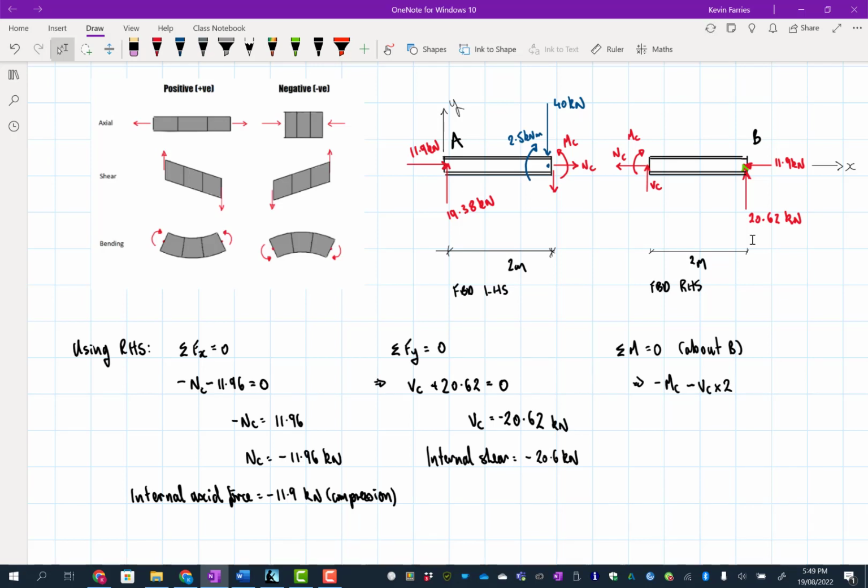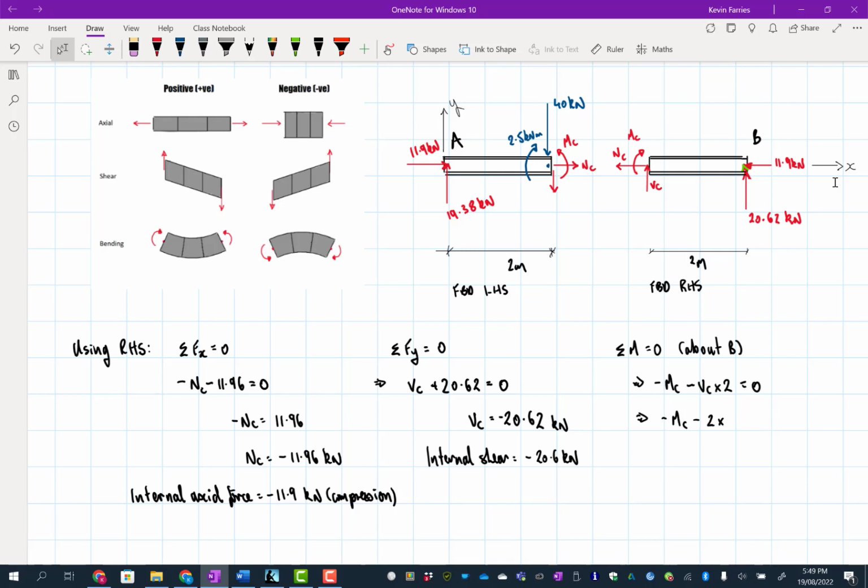We know VC, we do. Should be okay, I think. I'm on the right track. Negative VC times 2, and then all the stuff at the other end just disappears because it's got no lever arm. This NC also doesn't have a lever arm to that point, so it disappears too. I'm talking about this one here. Its line of action goes through B, so it's got no moment, equals 0. We've already figured out VC, so negative MC